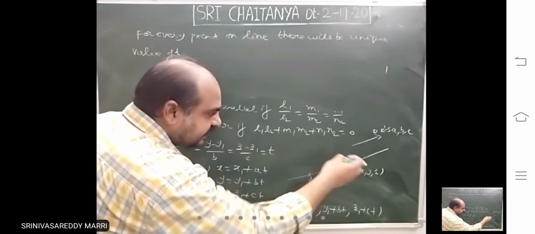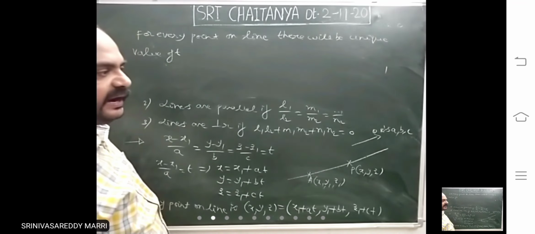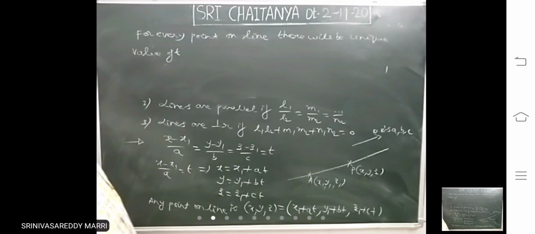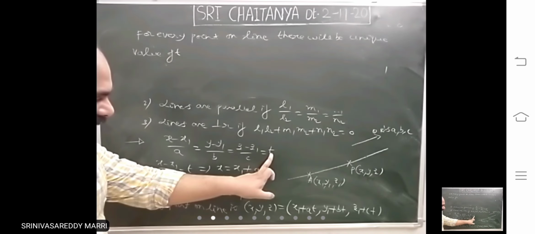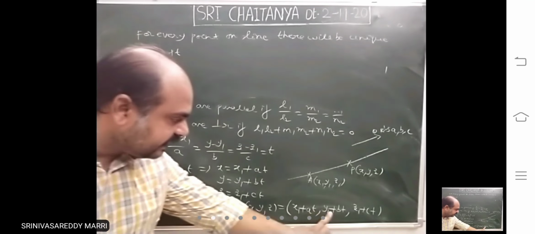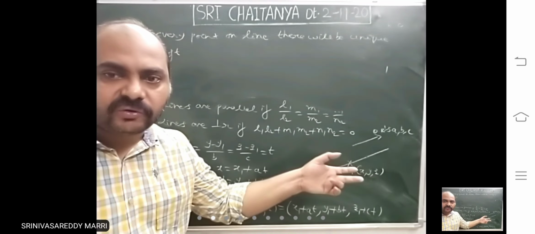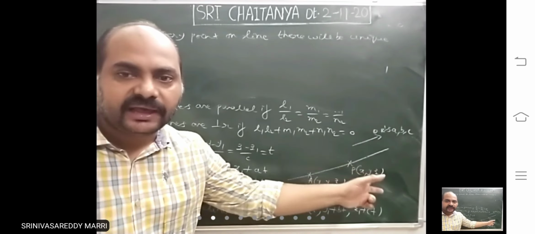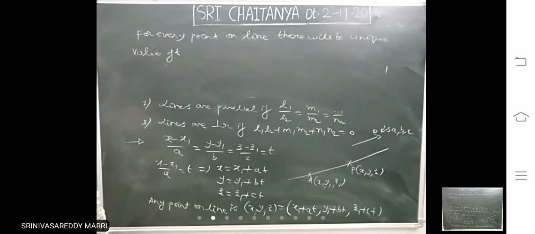Suppose he will ask like this: a line will be given to you. Find a point on the line. That means on the line you have to calculate a point. In that case, what we will take is, the line equal to t. Then x, y, z you calculate. This is the first step. Then he will give conditions on how the point is. By using that condition, you will calculate the value of t. Then you will get that point on the line. That is the procedure of calculating points on the line.